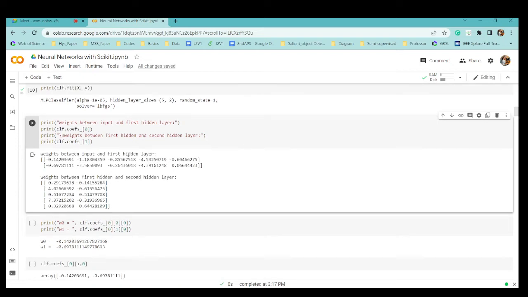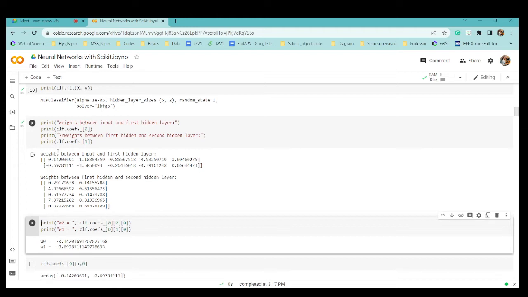So I need to know the weights between the input, that is x0 and x1, and the first hidden layer, and again the weights between the first hidden and second hidden layer. I'm calculating those, represented as coefs_[0] and coefs_[1]. These are the values: the weights between input and first hidden layer, and between first hidden and second hidden layer.